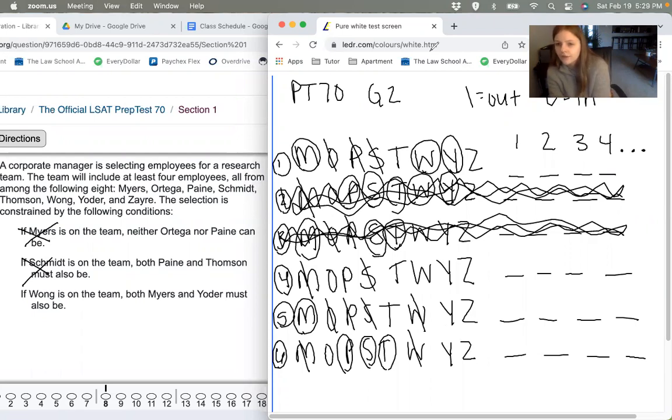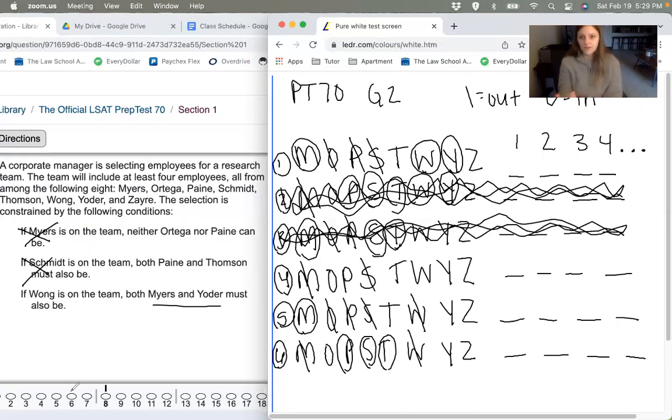So unless you've already figured this out from the second world, M is slashed in this world. We know what happens to one of our necessary conditions, basically one of our variables on the other side of the sentence. So what we could do is think about it, I hate saying contrapositive because that's so confusing, but think about it this way. If W is on the team, we know that we have to have both M and Y. But if we don't already have M,